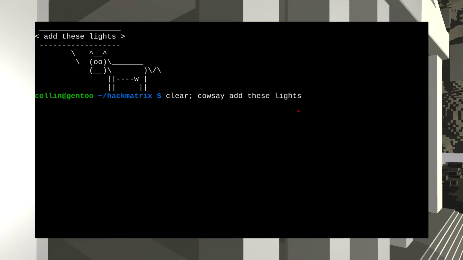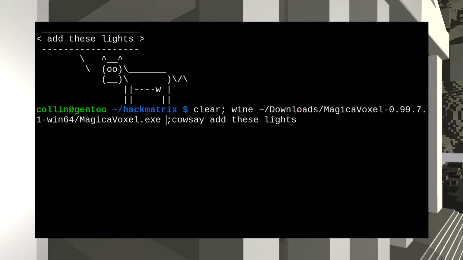The thing is I want to redirect all of the error and output to something else, to dev null, so that it doesn't break my calce. I don't want a bunch of output coming up here. So what I want to do is say wine downloads MagicaVoxel magicavoxel.exe, and then calce that, so it opens up the window and then says the thing. But the problem is I need to redirect the output, and I forgot